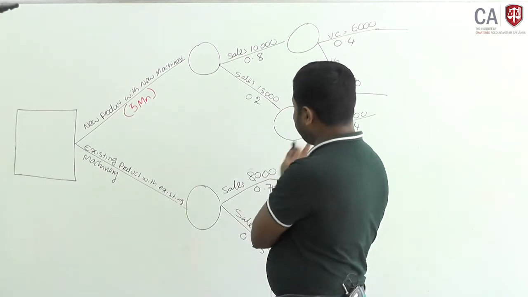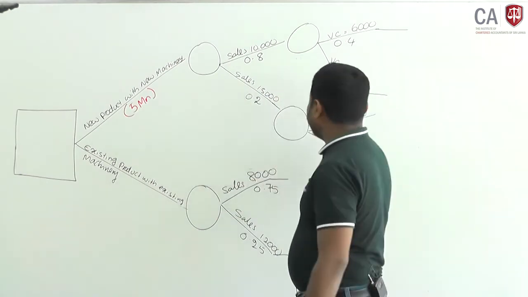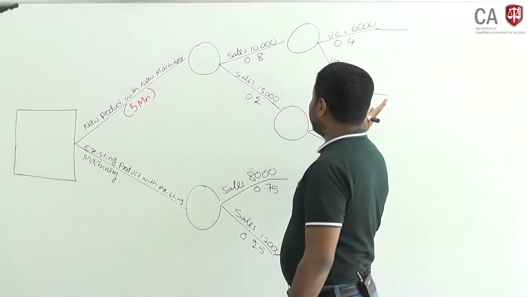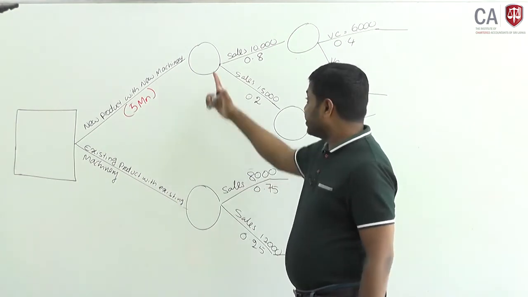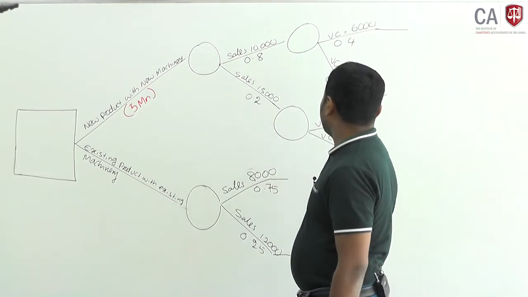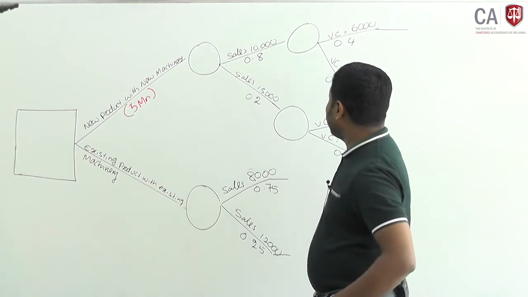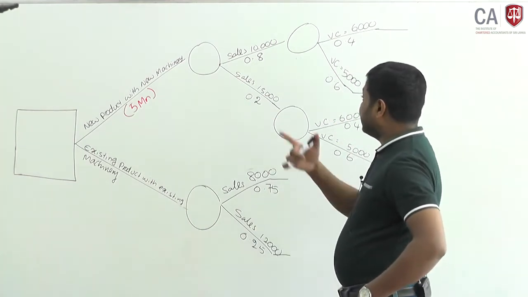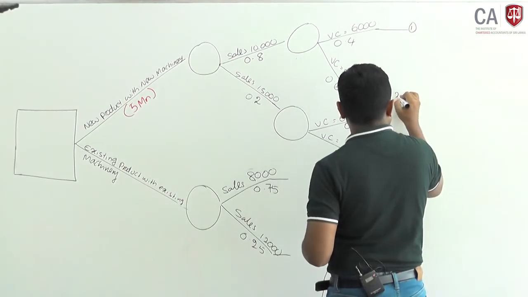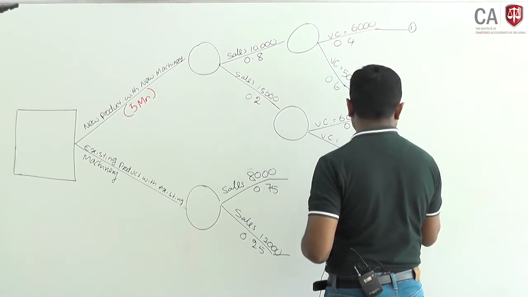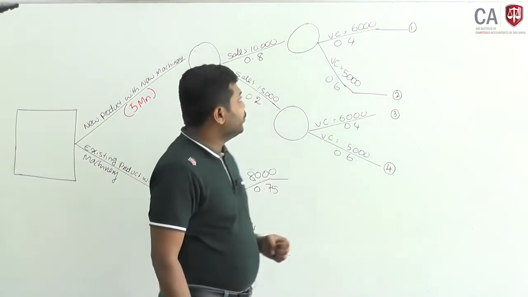Now this is the clearly labeled decision tree. Now you have to work it out. Left to right we have worked it out; now right to left you have to work it out. What is the expected value here? Expected values in each point you have to calculate, then you can get the real value. Now I will take these as outcome points 1, 2, 3, 4. Okay, we need to evaluate.